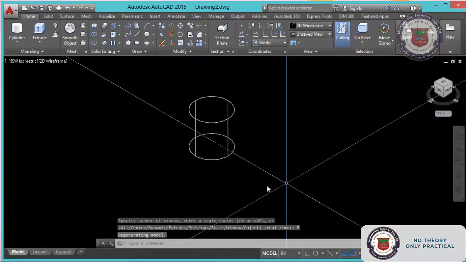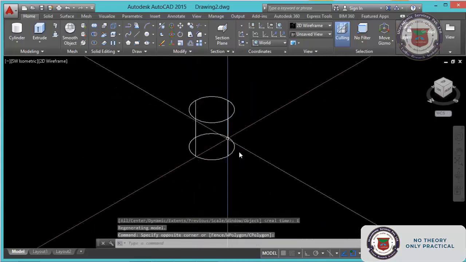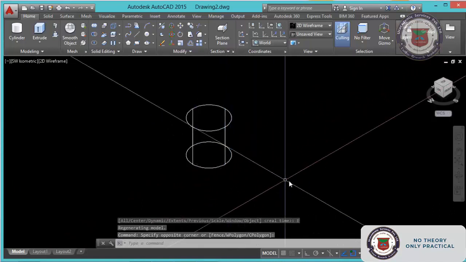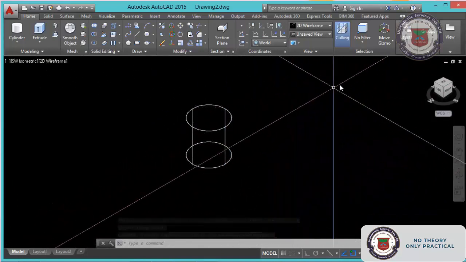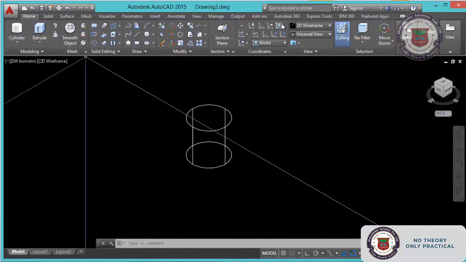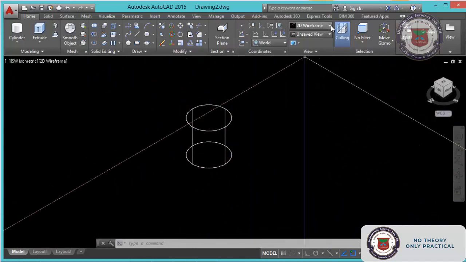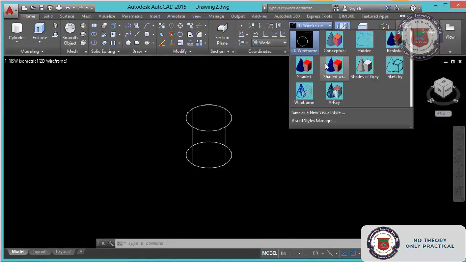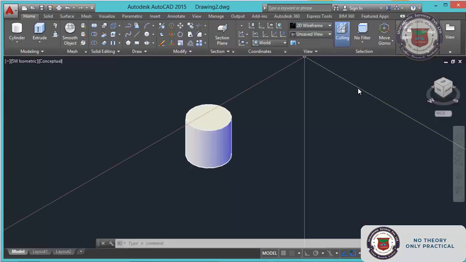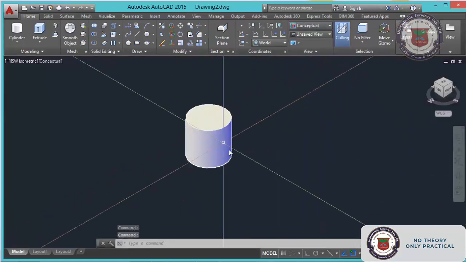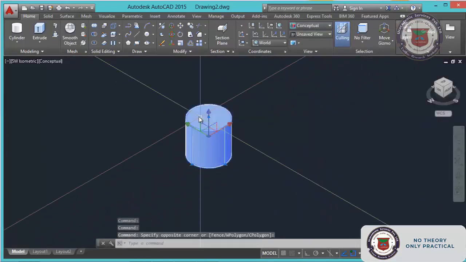This is the cylinder. If you want to see it in the 3D window, as a 3D solid, you can go to the view, in which view style you will have a lot of views for you. In that one you can select. It will give you the 3D. You can change the color also.